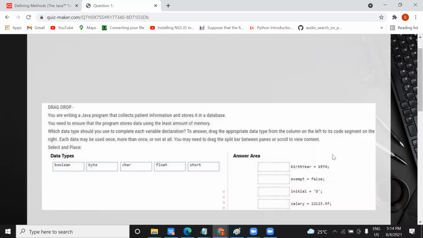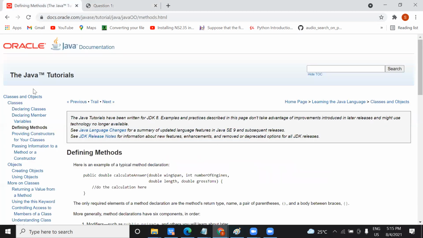Suppose here, one minute. No, no. Integer is not there. See here, the integer value is in the range of minus 2 to the power 31 to 2 to the power 31. But short has a range with a certain smaller value. So here, is integer there? No, right? Then you are going to use short. This thing you should remember. See, there is one more data type, short. Let me show you.